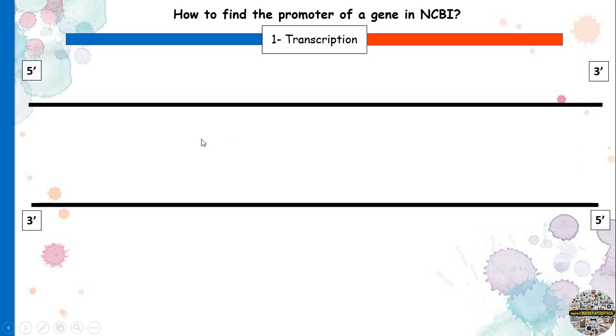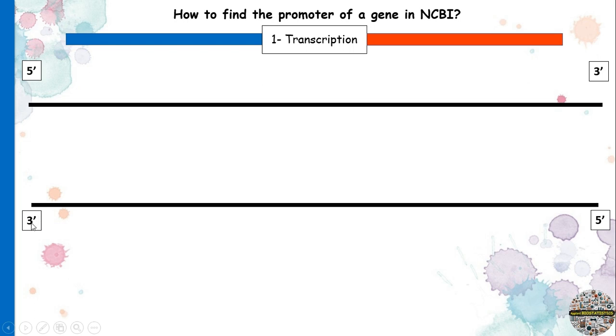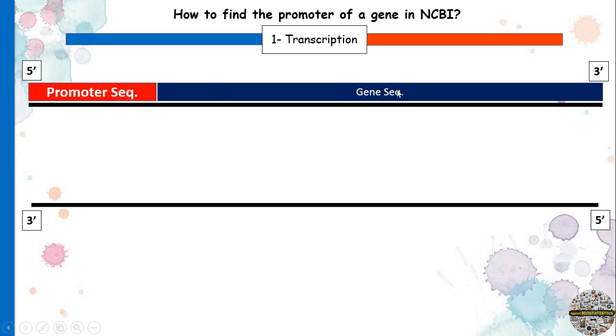As you know, we have two different strands on the DNA. One of them is the strand from 5' to 3', and the other one, which is complement to this one, is from 3' to 5'. And if we assume that this is our gene sequence, the upstream sequence of our gene sequence is called promoter. The strand which the gene sequence exists, we call it coding or sense strand, and the other one we call